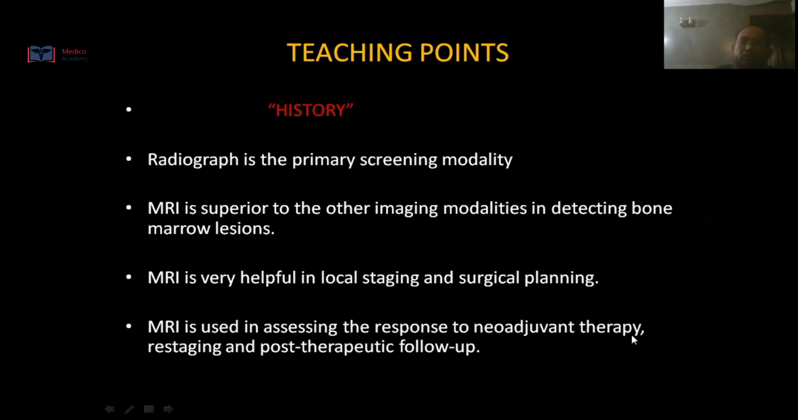Before concluding, the teaching points: I would like to re-emphasize that we need to know the history of the patient and what the treatment was, and we need to discuss it with the clinician. The radiograph is the primary screening modality. MRI is superior to other imaging modalities in detecting bone marrow lesions. MRI is definitely very helpful in local staging and surgical planning, as I have shown you in the examples. And MRI is also used in assessing the response to neoadjuvant therapy, restaging, and post